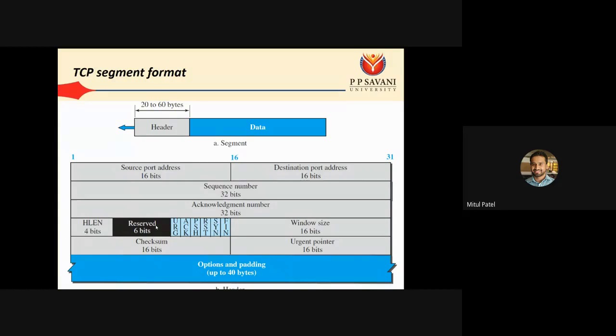Then 6 bits are reserved. The 6 bits are reserved for 6 different types of flags. These 6 flags are: first the urgent flag, then the acknowledgement flag, push flag, reset flag, synchronize flag, and finish flag. All have their own importance. For example, if you require some urgent byte from the segment,